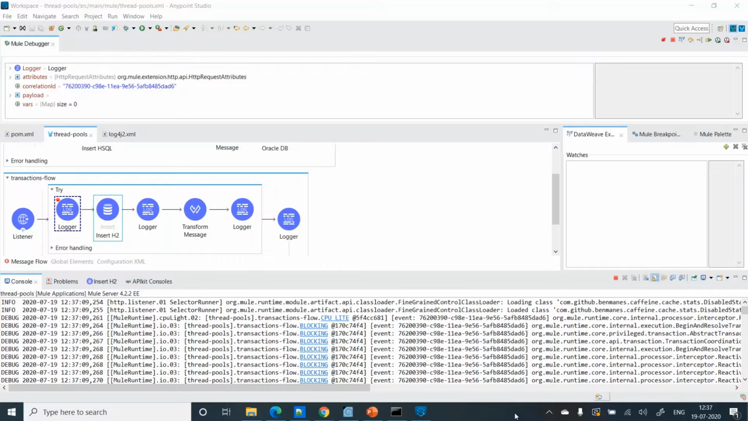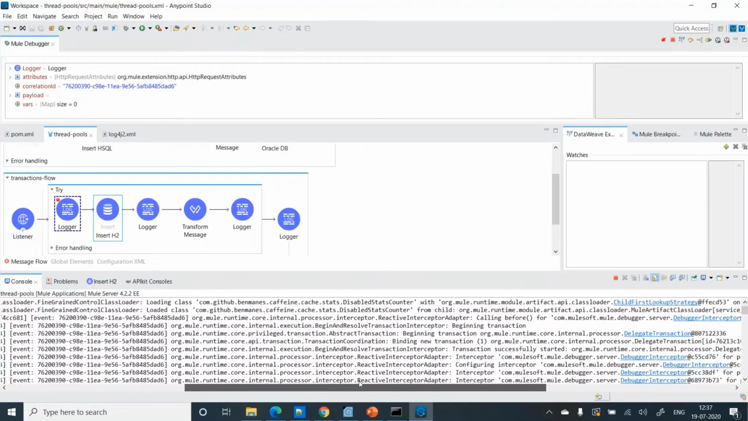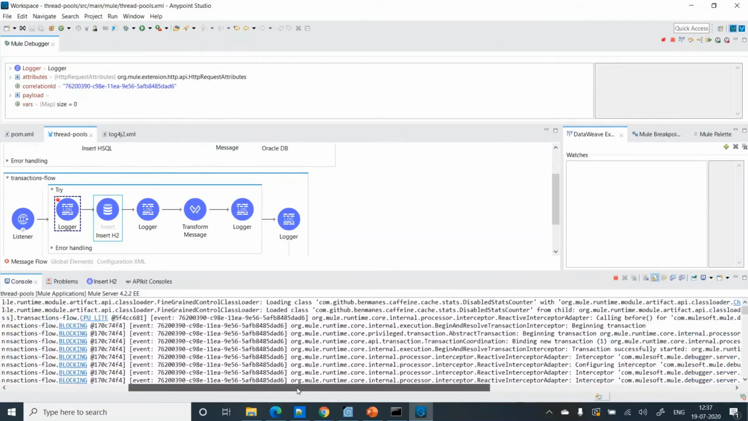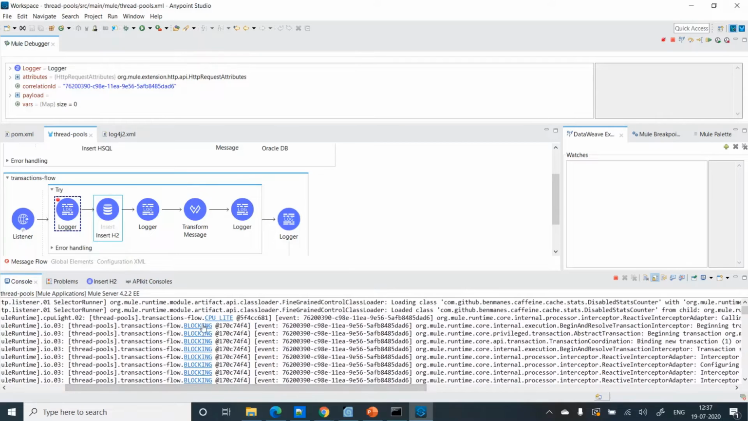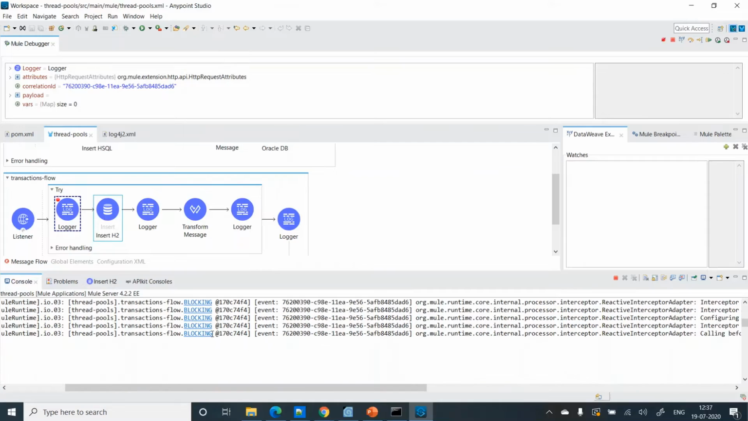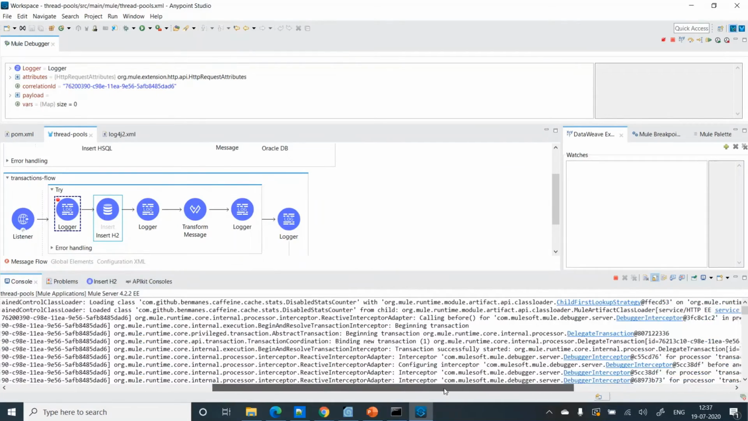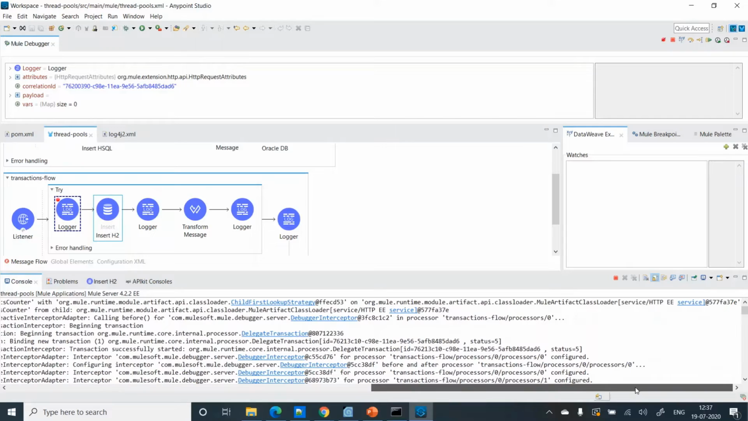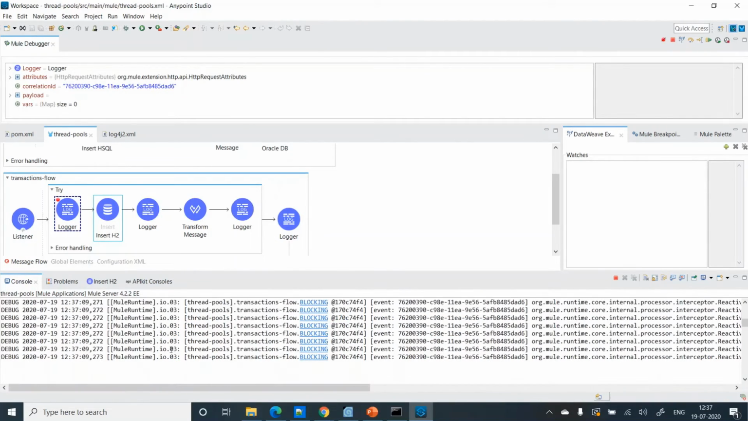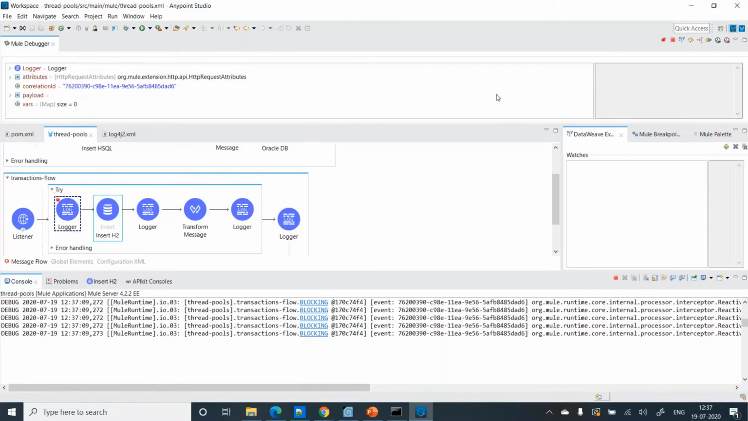I've started the project in debug mode, and the logs have debug enabled for the org.mule package. I've triggered the flow and it's stopped at the logger, but before that let's check the logs. Like I said, the handover was done by the CPU light thread pool, and then the blocking thread is doing all the job, right? All the job that is being done right now is from the blocking thread pool, and as of now it is on the logger. So let's move ahead,